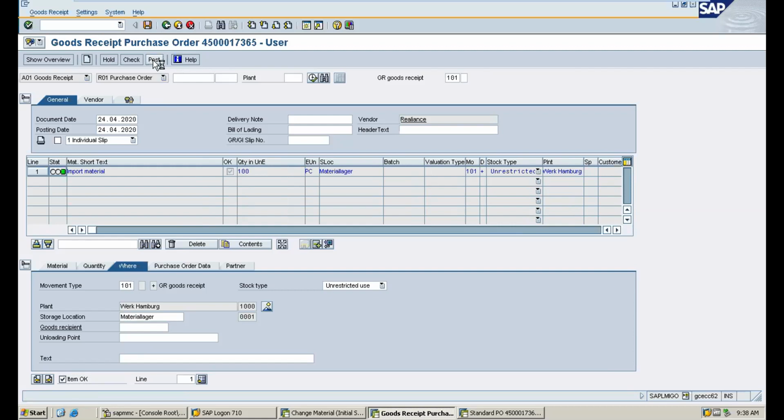And once you post the goods receipt, we need to pay the vendor for the goods we received. Okay, we already paid for the customs. Now we need to pay for the goods we received from the vendor. The goods cost we need to pay. And for that, we need to post one more MIRO with respect to the goods receipt.